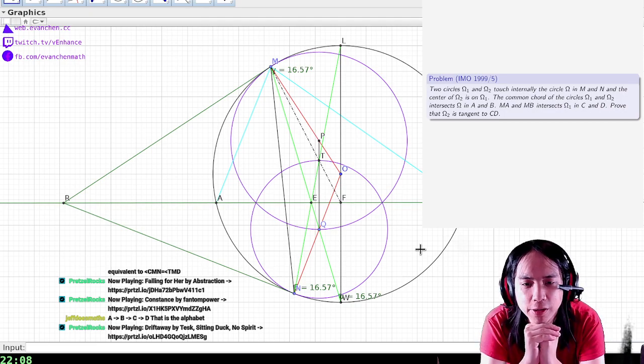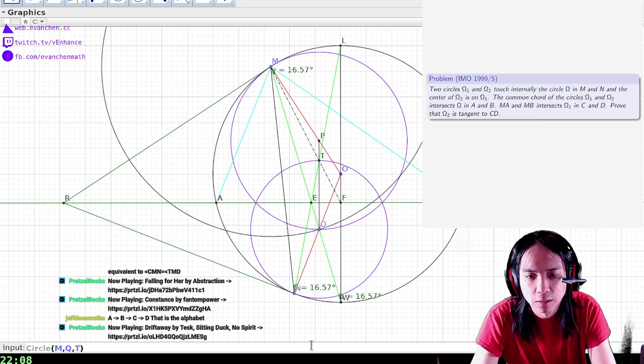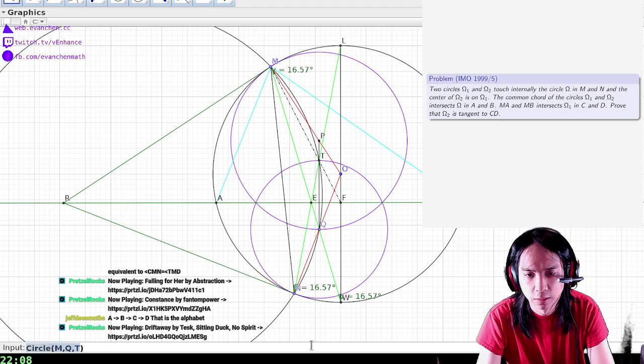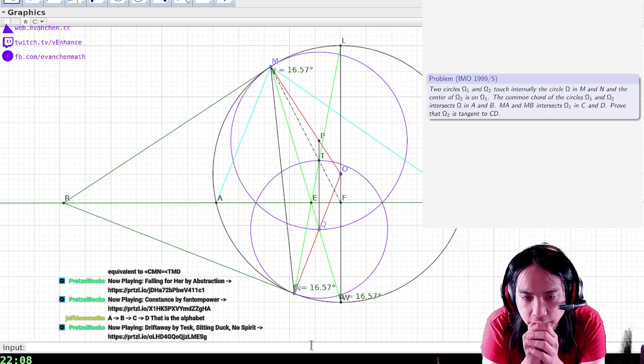Okay, but I literally just said that. I just said that MQ, what circle was that? I forgot already. Yeah, MQT is cyclic. So MTQ is equal to MNQ like that. So I want to tie QTF somehow to that same angle. How can I do that? QTF is TF